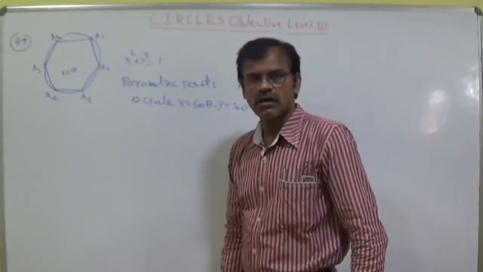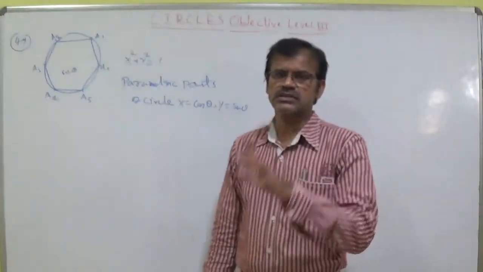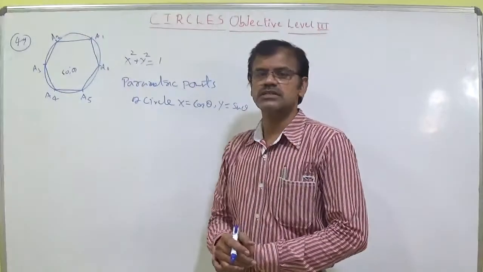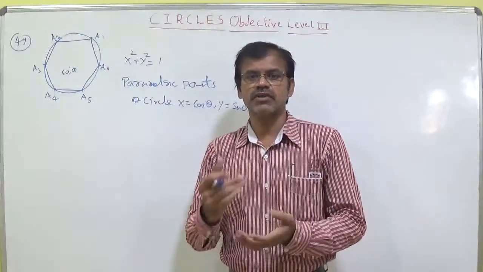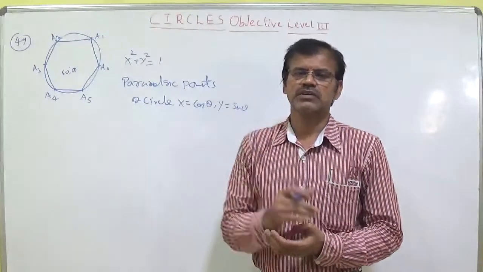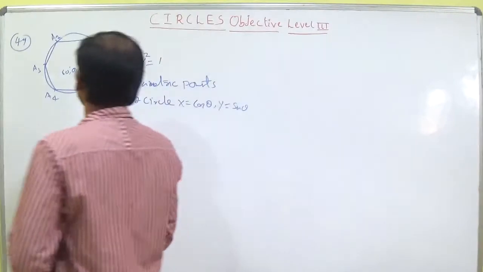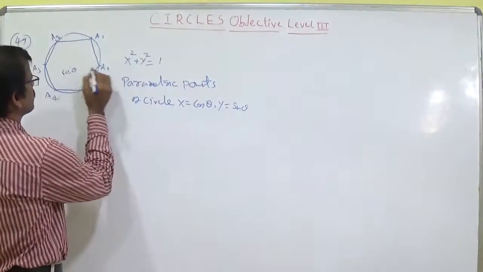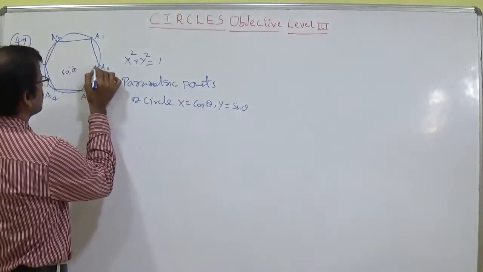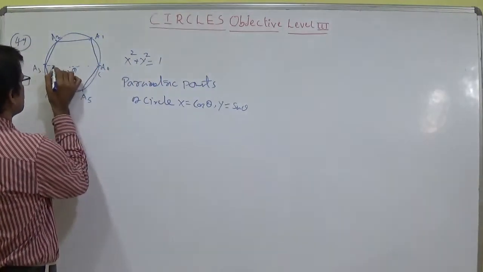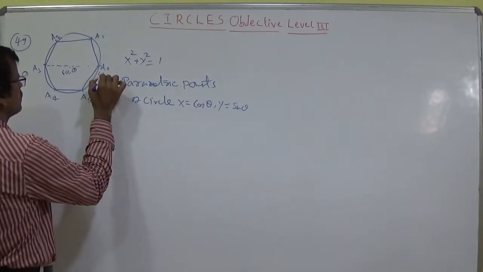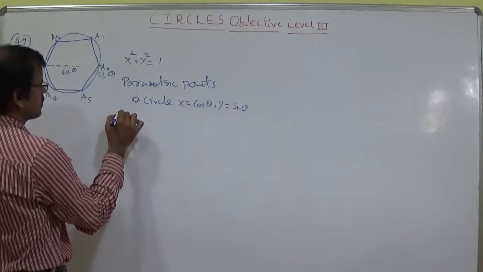A regular hexagon has 6 equal sides. At the center, the vectorial angle is 360 degrees. 360 degrees divided into 6 equal parts, each part is 60 degrees. So here this is 0, from 0 you can start here. In the unit circle, the radius is 1, this side is (minus 1, 0), the middle is (0, 0), and (1, 0) you put here.